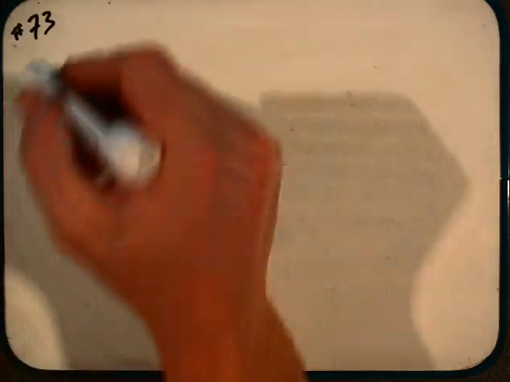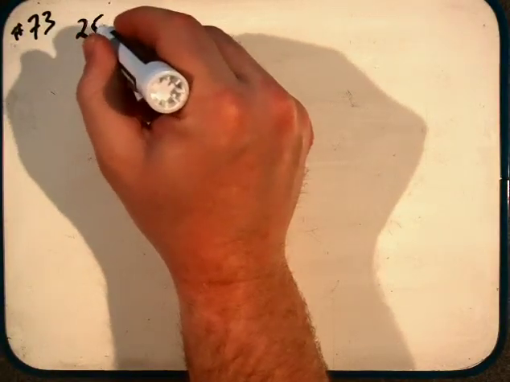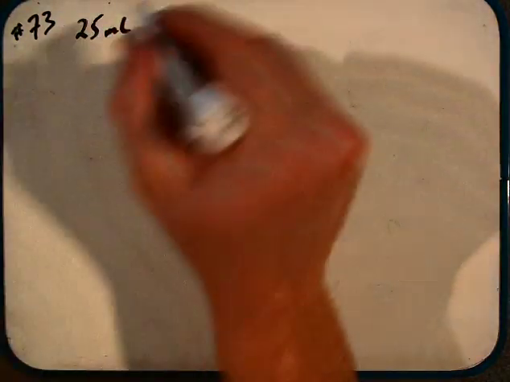This is number 73 in chapter 16. It is a titration question, and it's a very involved titration question. We have multiple parts, A through F, but we are basically beginning with a 25 milliliter sample